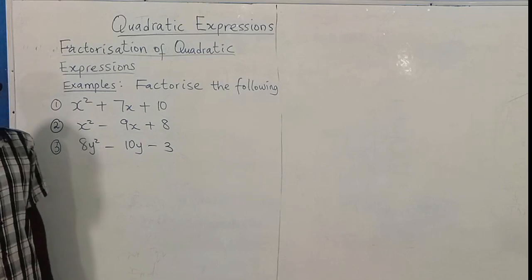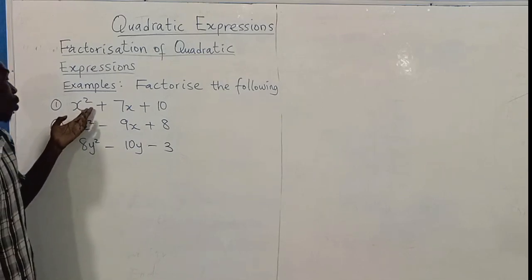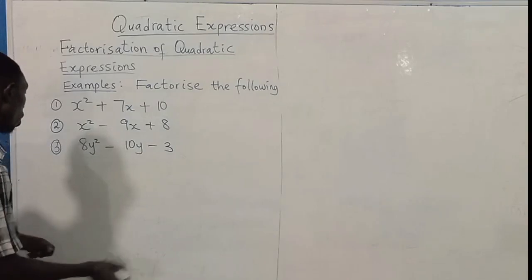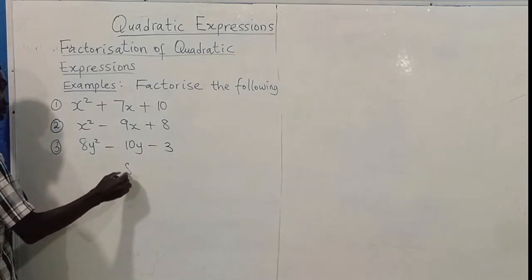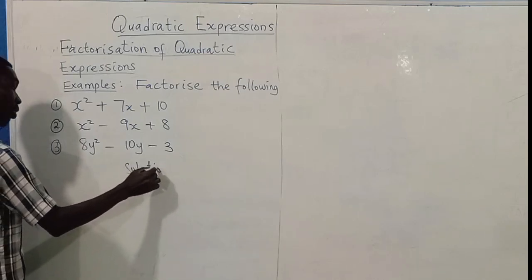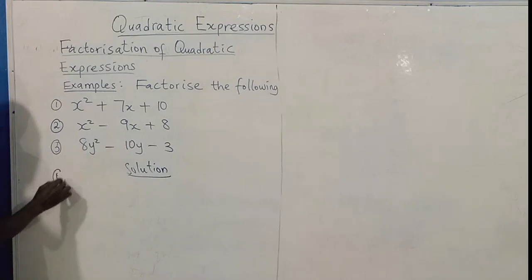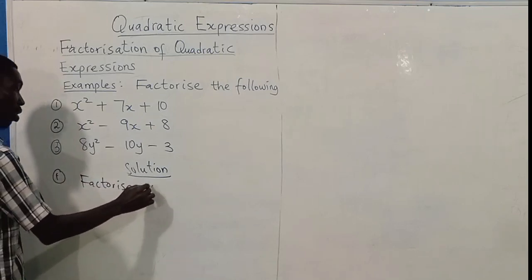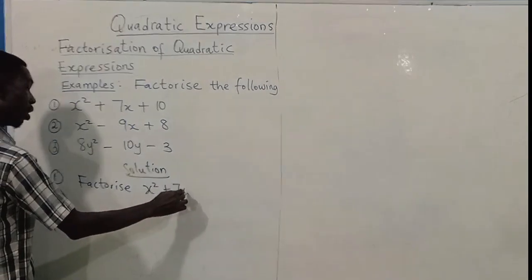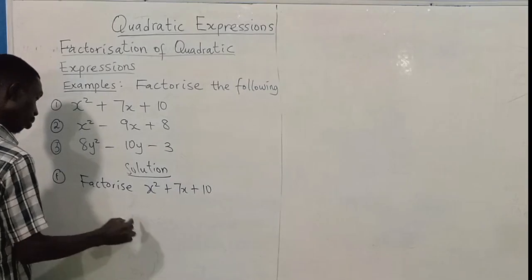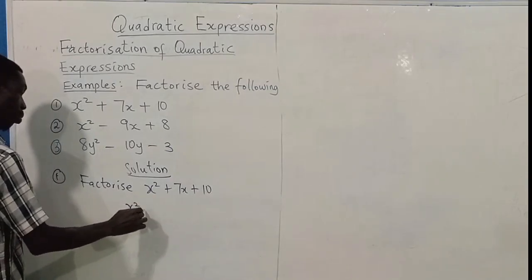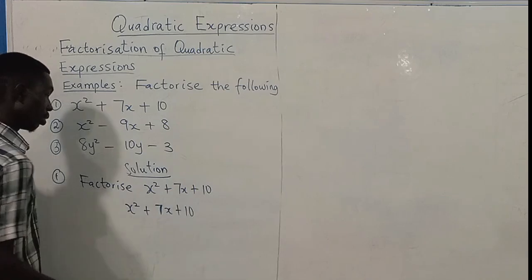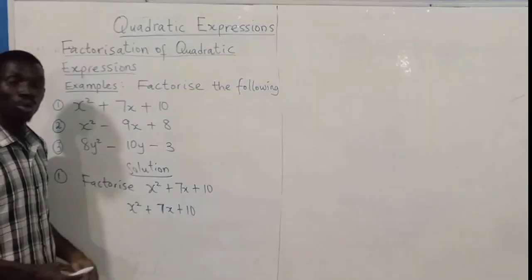We are going to start with the very first example. Factorize x squared plus 7x plus 10. So we are going to start with that. So we have x squared plus 7x plus 10. So the first thing we'll do is to